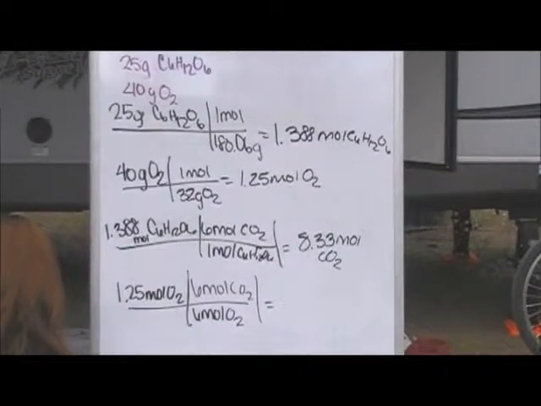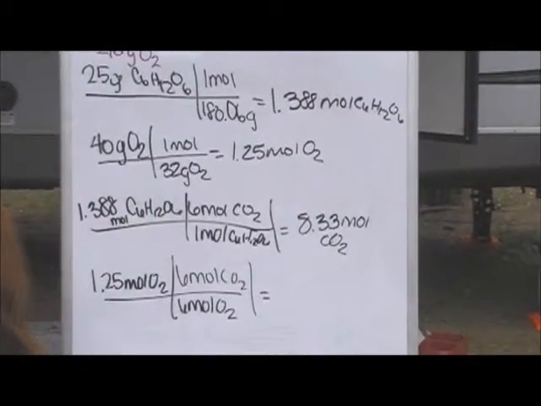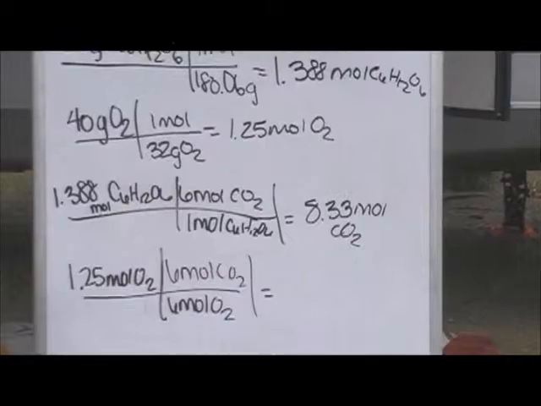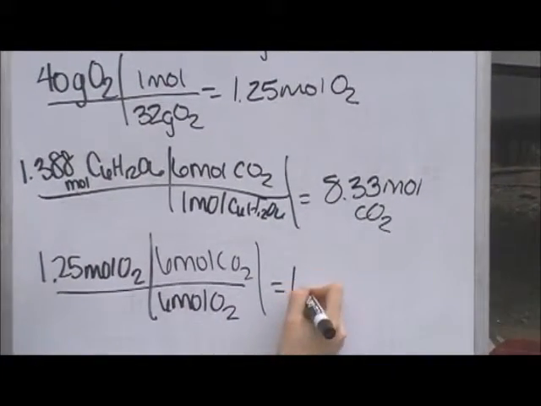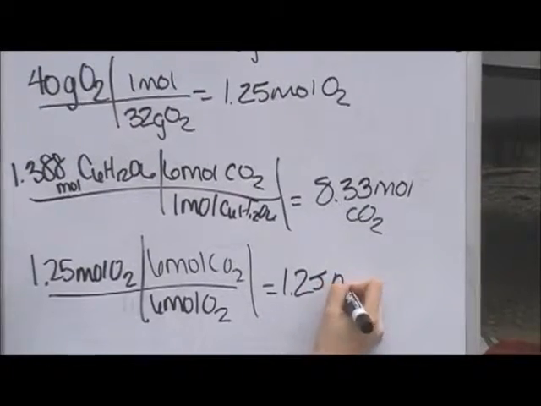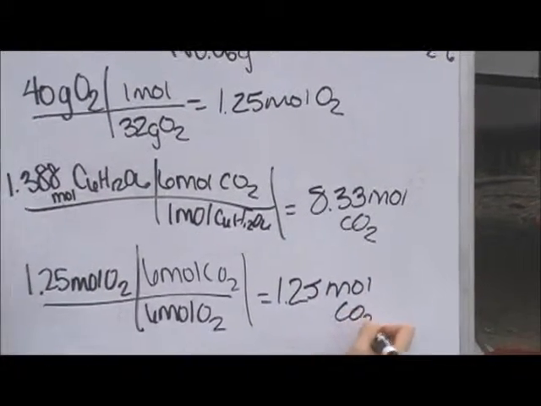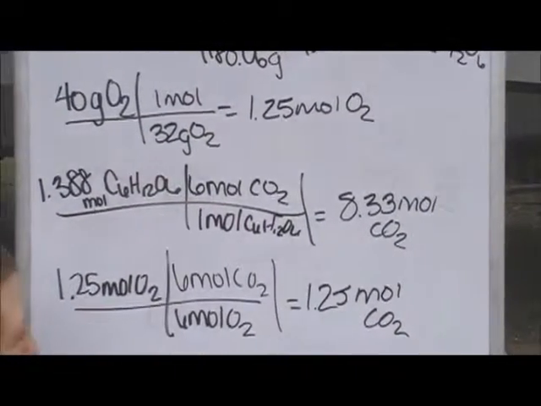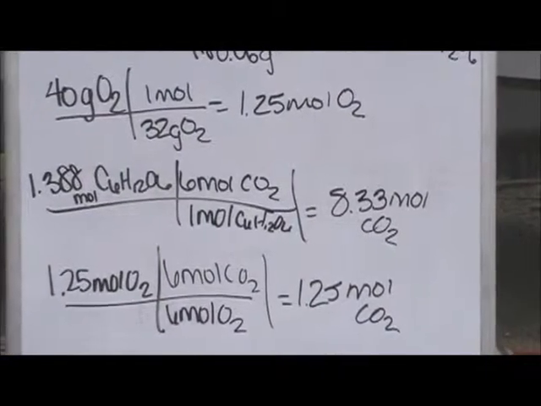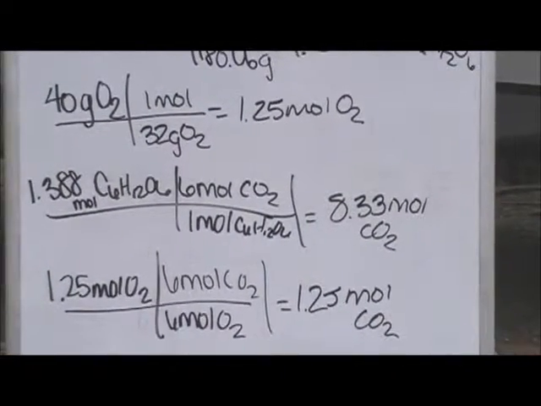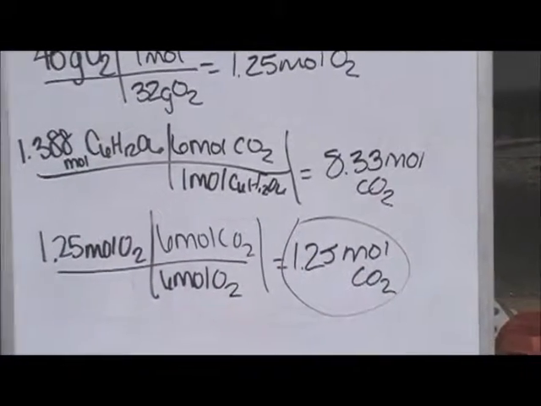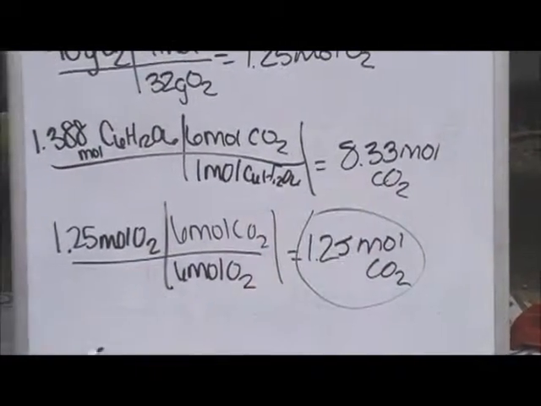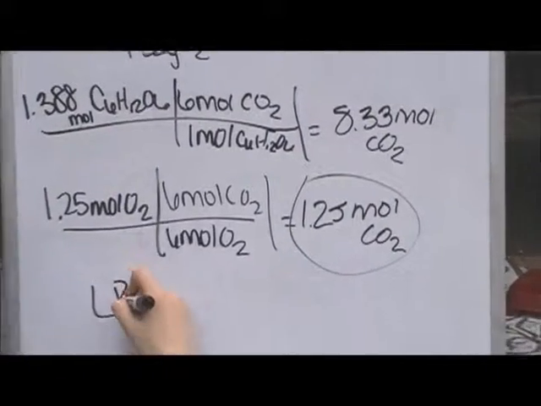So if we times 1.25 times 6 and divide it by 6, we're going to get 1.25 moles CO2. So in order to determine which one is your limiting reactant, you need to determine which one produces the least moles of products, which would be our 1.25 moles, because that's less than 8.33. So our limiting reactant is